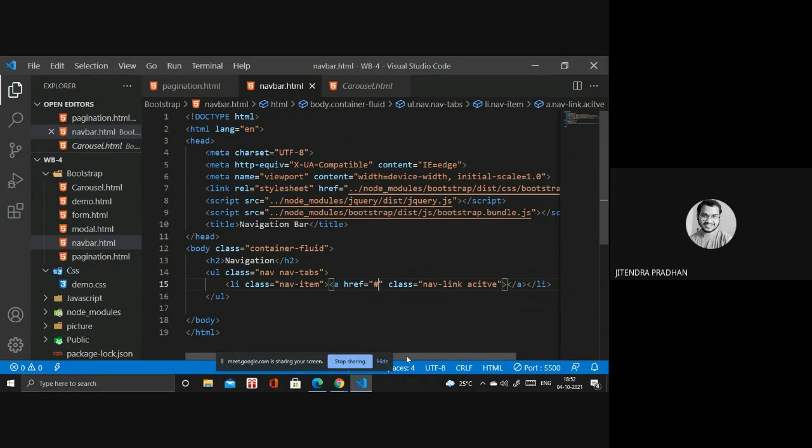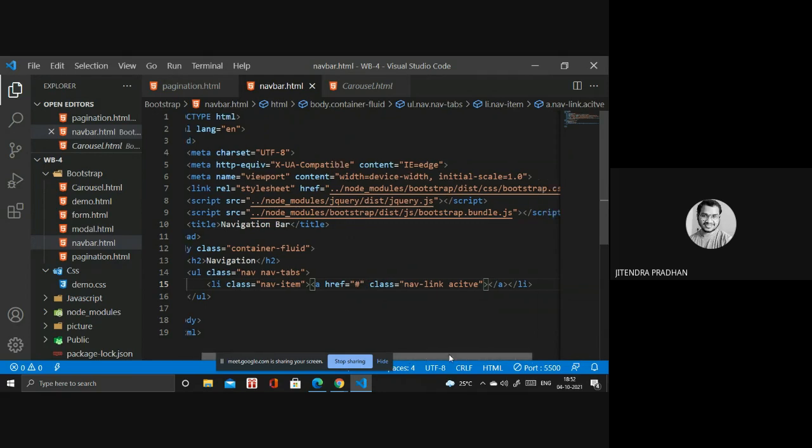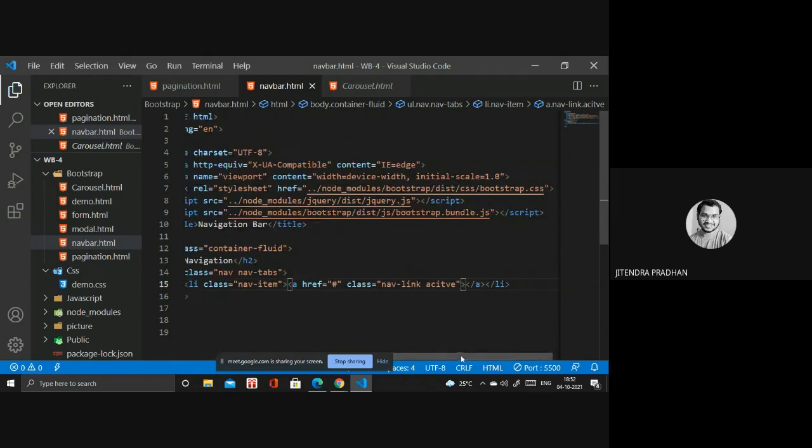Href is hypertext reference, in which you give the link. Next it will move forward. If you write Home, then when you click that Home, it will go to the home page. And we need to require another attribute for that, data-bs-toggle.